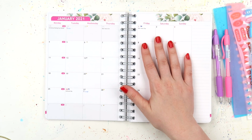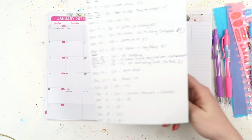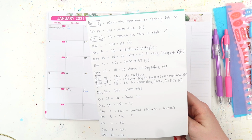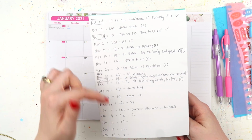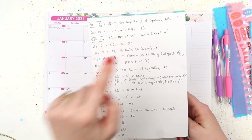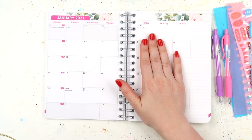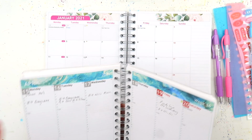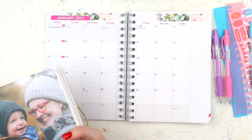Because I'll show you, do I have it here? I have been using this as my planner for the last probably month. I've been pre-planning videos and which ones I've filmed, and this is not cutting it. I need my planner. But like I said, I don't collaborate with companies unless they're tried and tested,